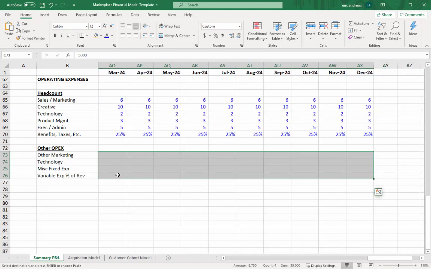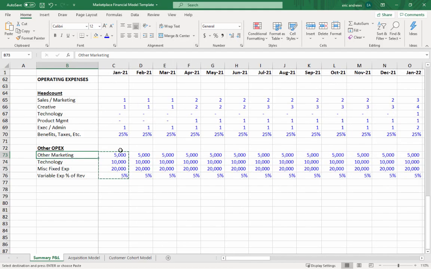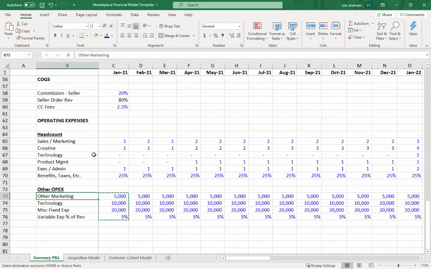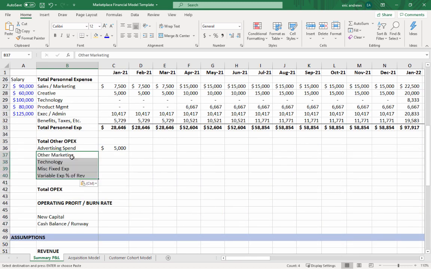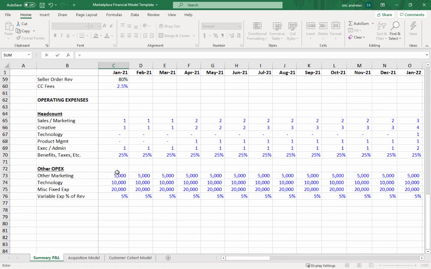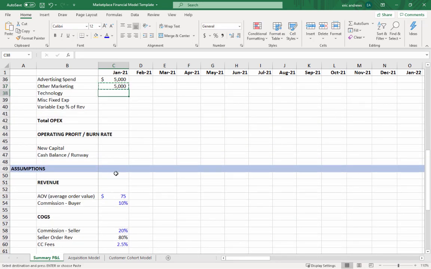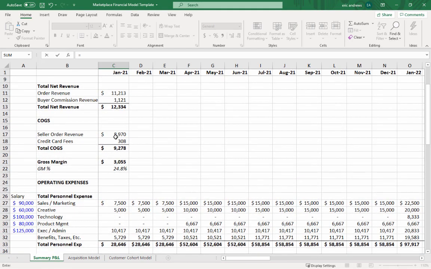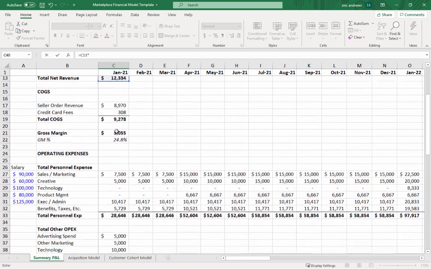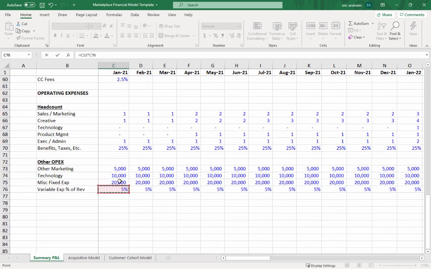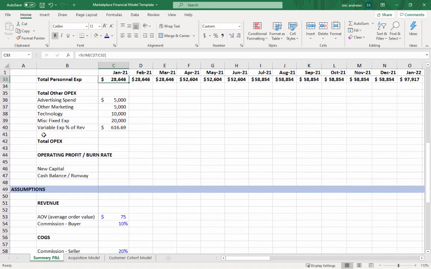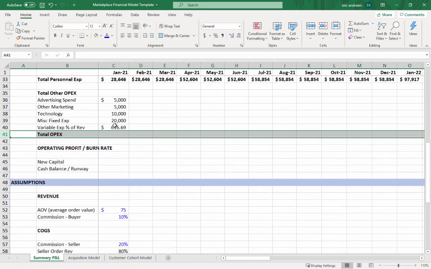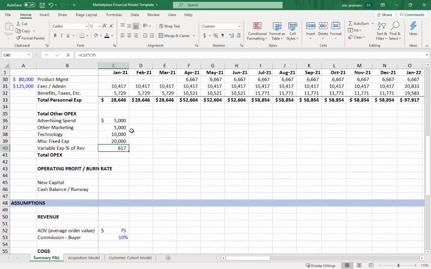and then pull them into the model up above. So we can just copy and paste these categories in and just pull it in like this. So copy, paste, and then finally multiply revenue by the 5%. Okay. So that is going to give us our other OpEx costs, which we can now add up